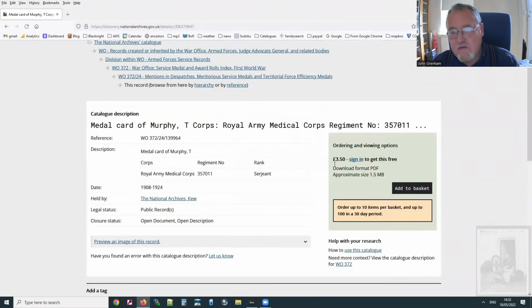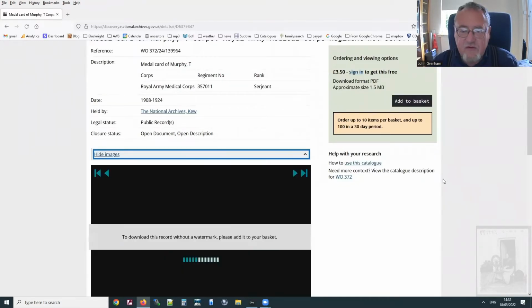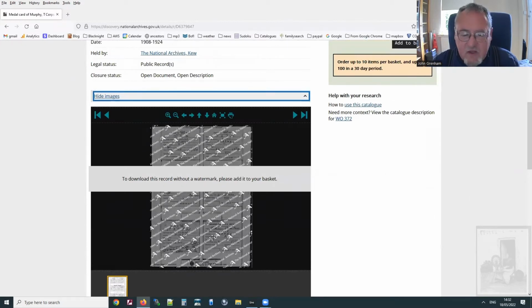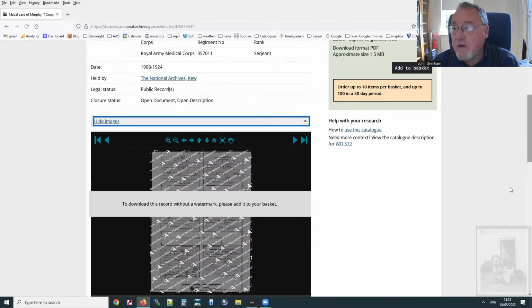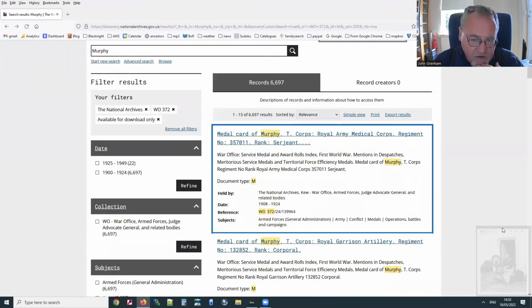This is a feature of a lot of the digitized records that they have on the site here. It's $3.50. That seems to be the standard charge. You can preview an image of it for all the good it'll do you. This is deeply cruel, I think, having that there. But anyway, so most of the things in the digital records collection